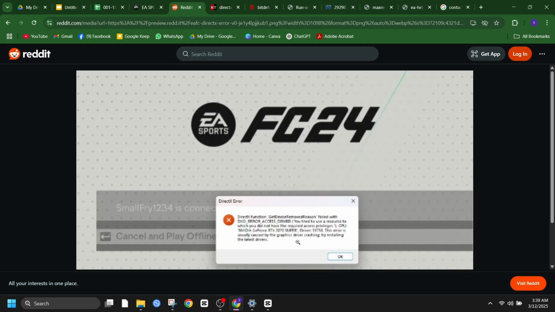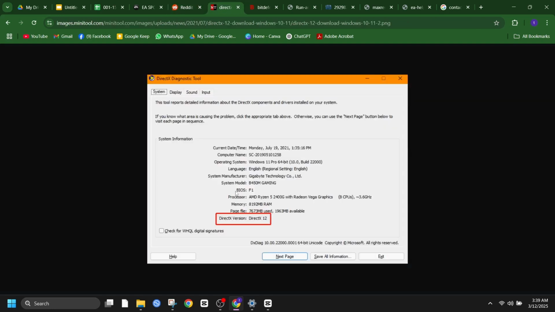First, ensure you have the latest version of DirectX installed. You can find it on the official Microsoft website. Next, update your graphics card drivers. Visit the website of your graphics card manufacturer, such as NVIDIA or AMD, and download the latest drivers